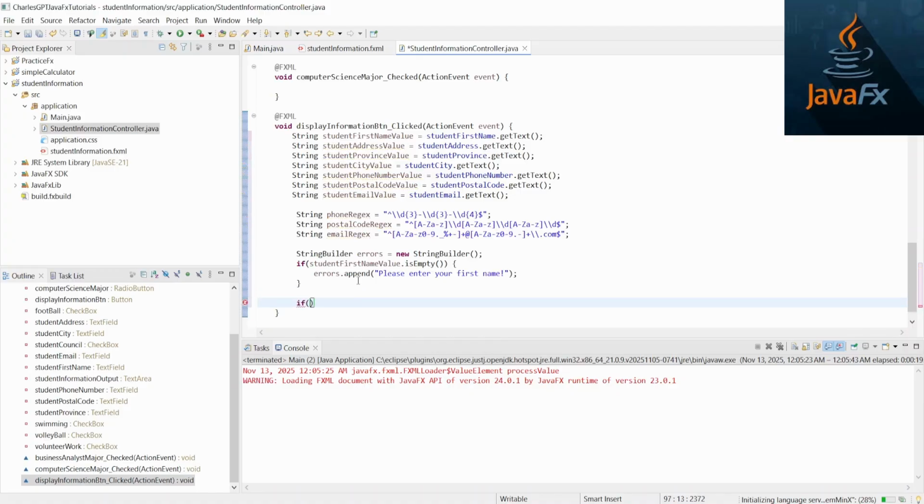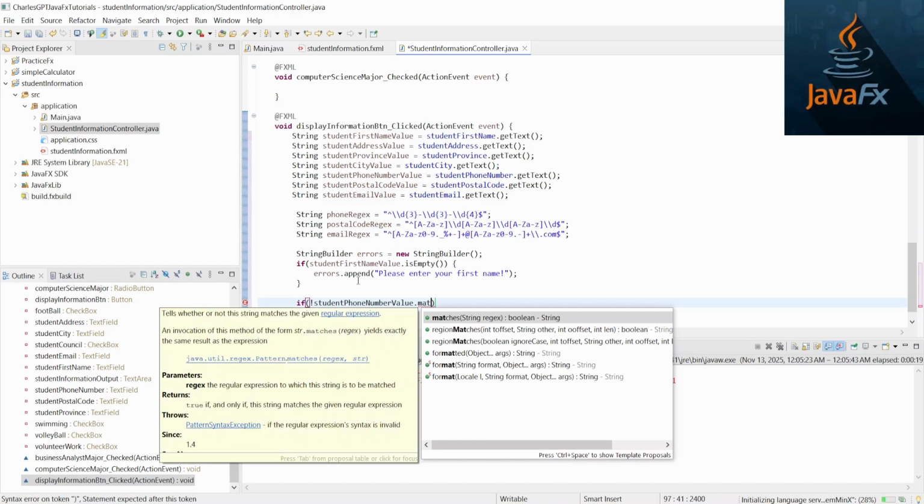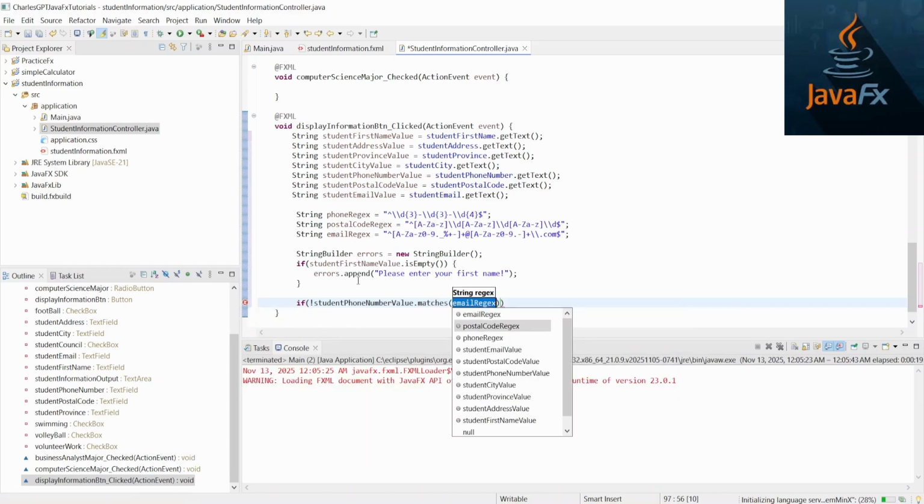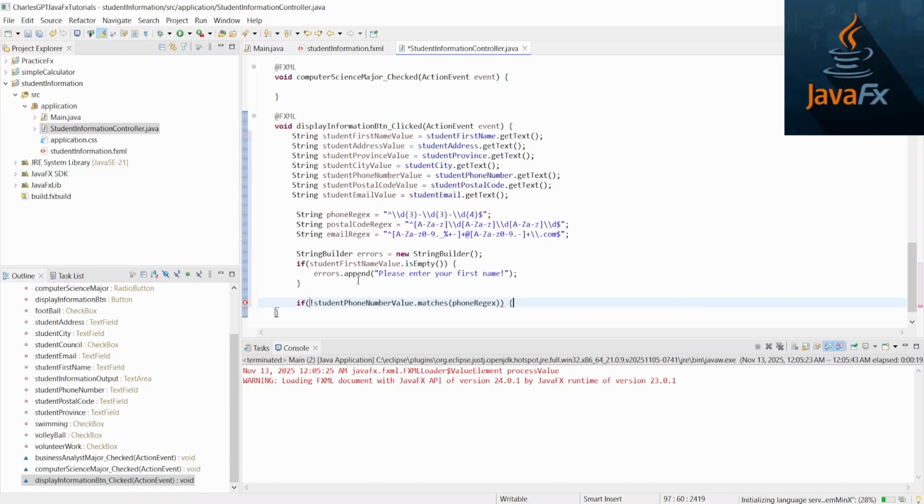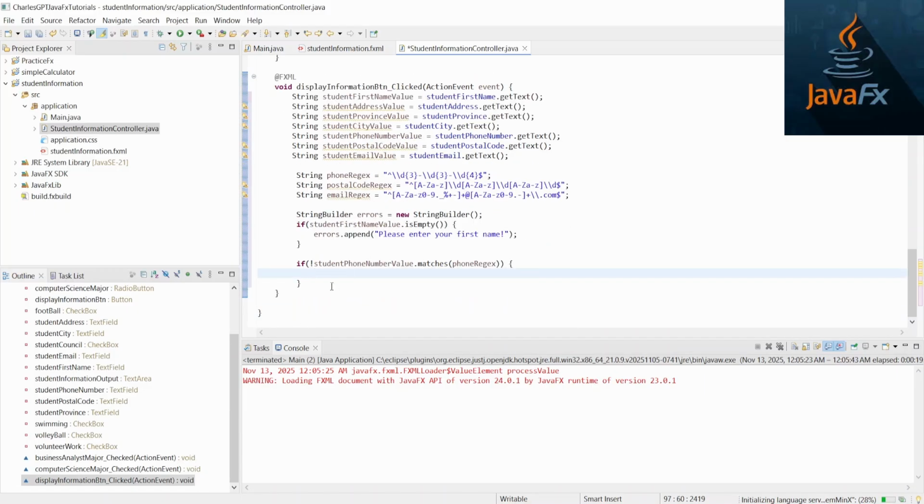I'll say if not, the negation operator, student's phone number value dot matches phone regex. If the thing doesn't match the regex that we defined here,